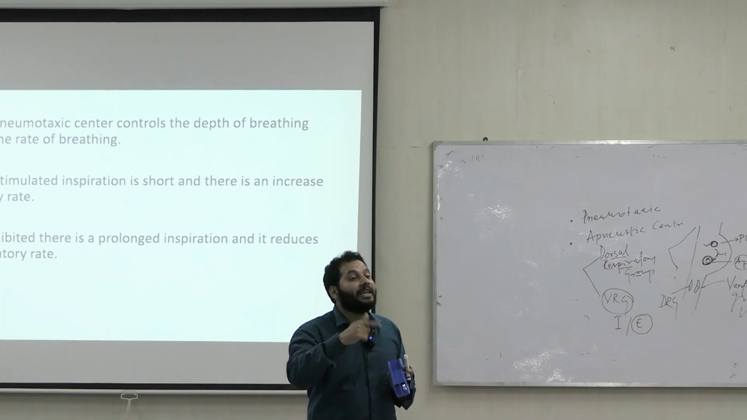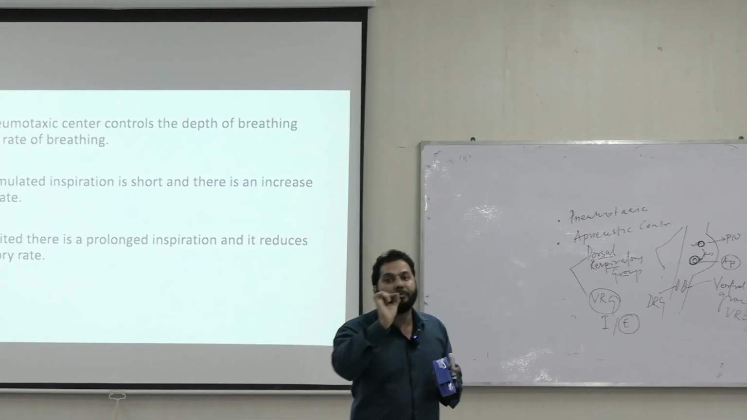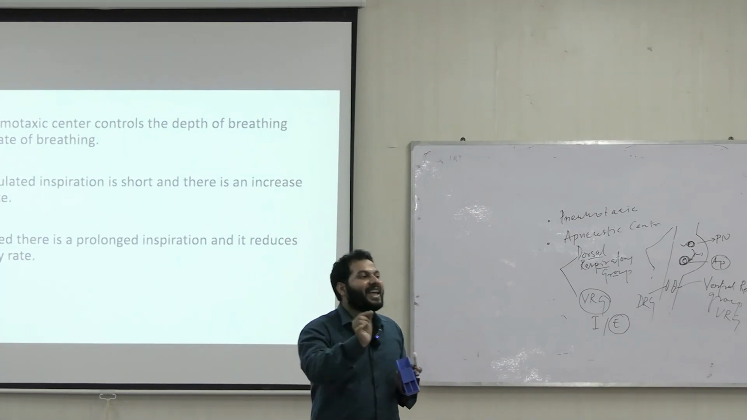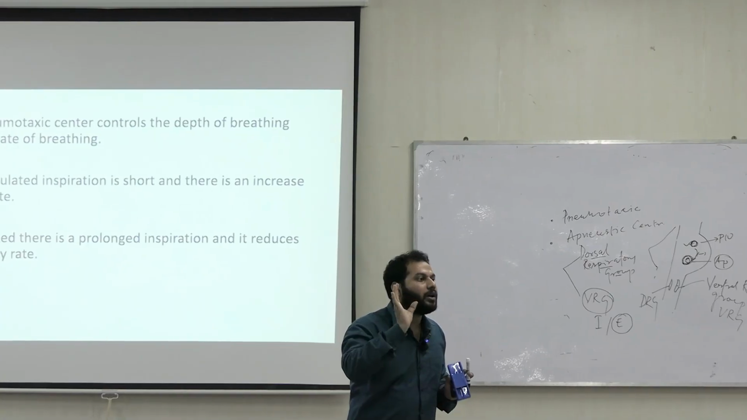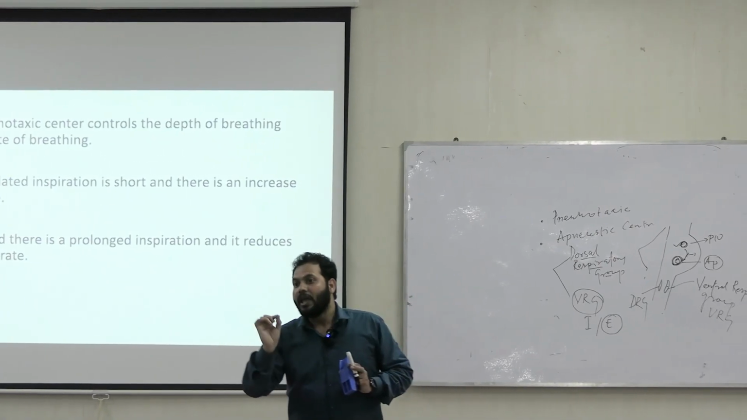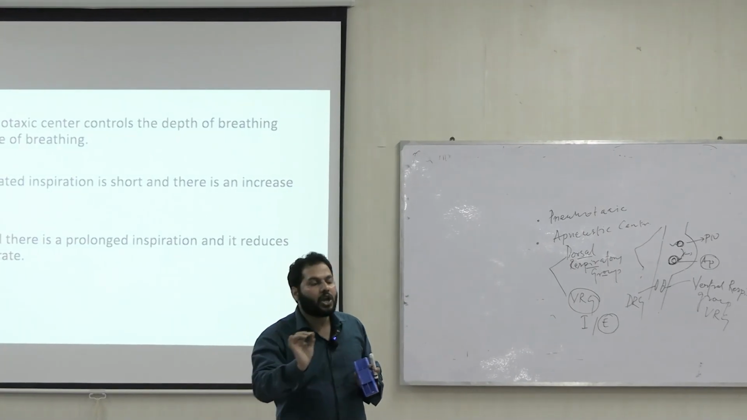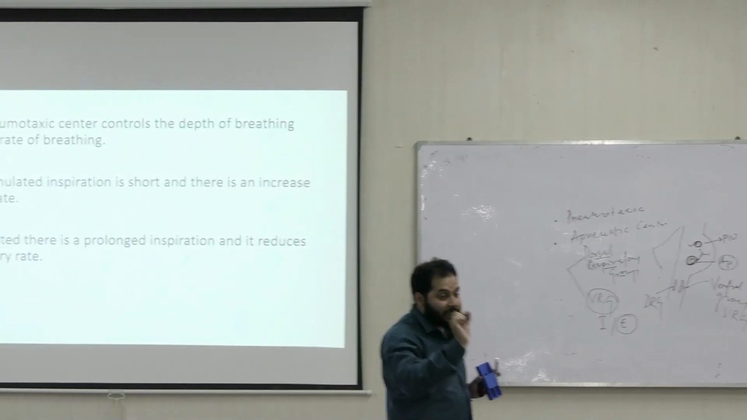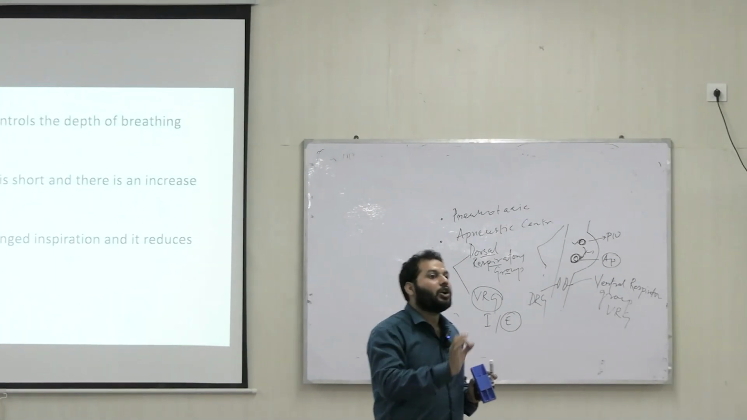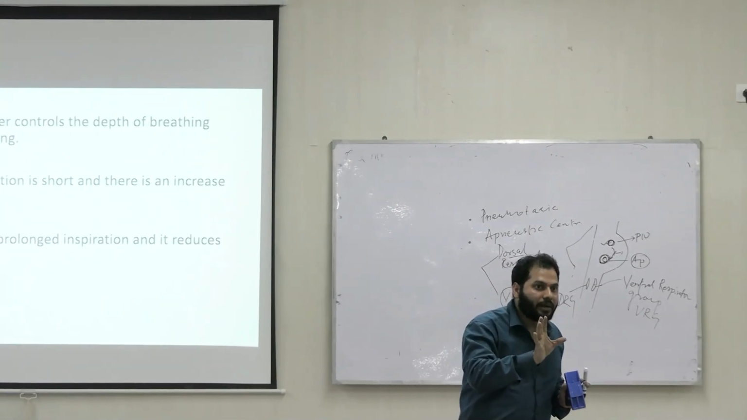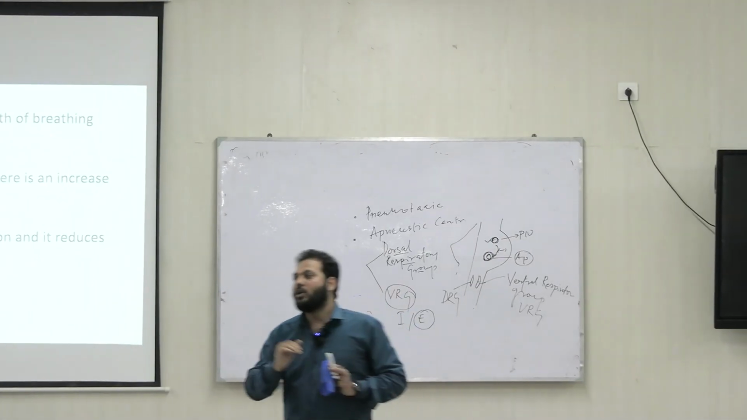Pneumotaxic center inhibits the activity of the apneustic center, which means it acts as a feedback system to regulate respiration. Whereas the apneustic center is the center which stimulates the inspiratory center present in the dorsal respiratory group. Right? Now, if you see